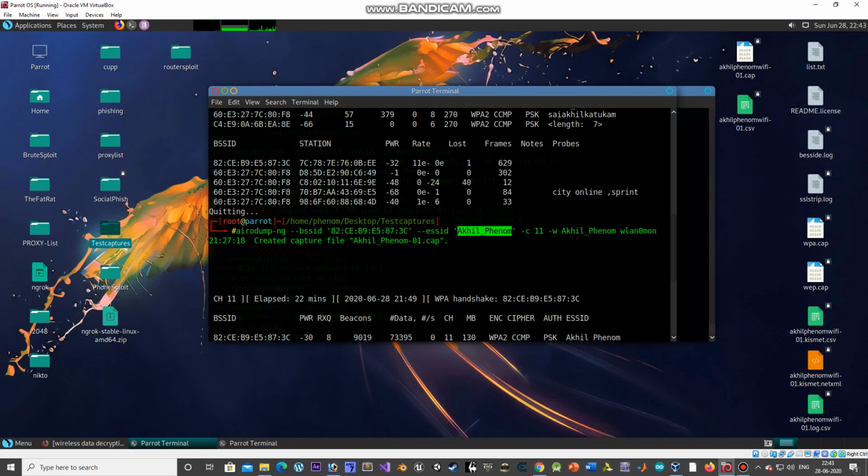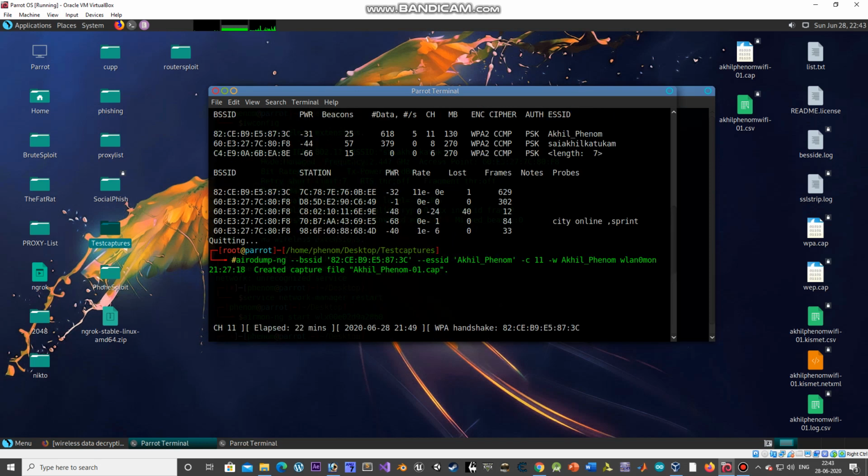Ensure that you type the quotation marks so that the spaces are not considered as an extra appended command. Then type -c and the channel number as you have noted above, which is 11, and -w with the file name. You could even change your destination folder also. This is the file name, and this is the interface.